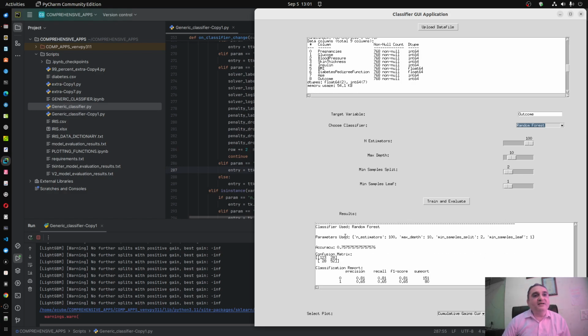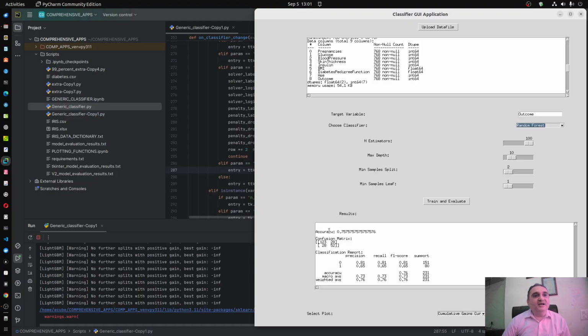So here is my random forest, and its accuracy is now 75.75%. And this is the class-wise precision and recall. So you can see that for a practical data set, it is not 100%. But even if you can predict diabetes with 75% accuracy, that is good enough. And there are many ways of still improving your model.